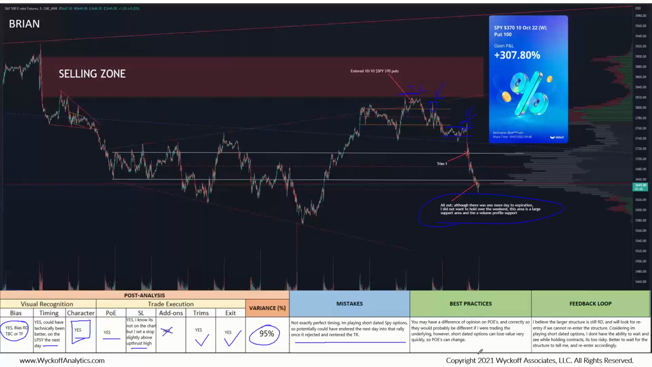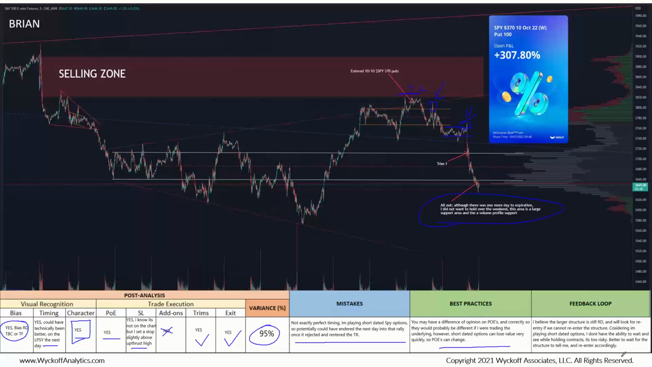They would probably be different if I were trading the underlying. However, short-dated options can lose value very quickly, so points of entry can change. And as you pointed out, you want to buy going against what the underlying's doing, because that's when the premium becomes the most attractive. So great observations there. And then his feedback loop, I believe the larger structure is still redistribution, and we'll look for